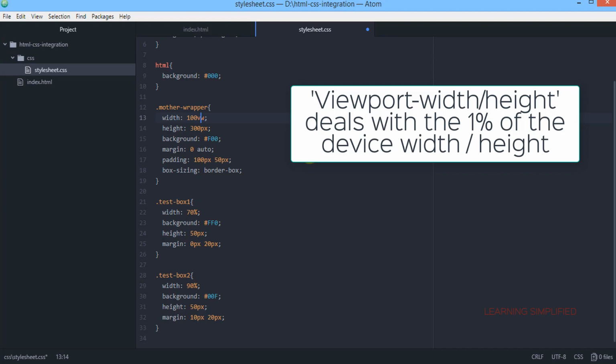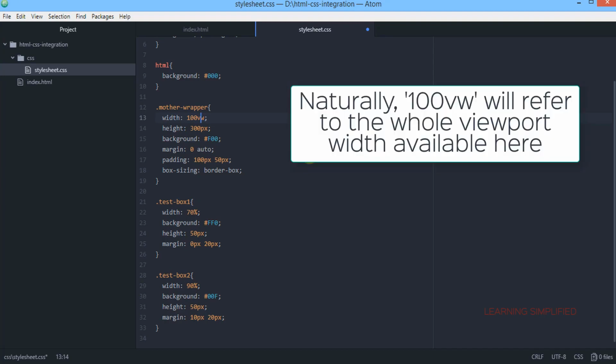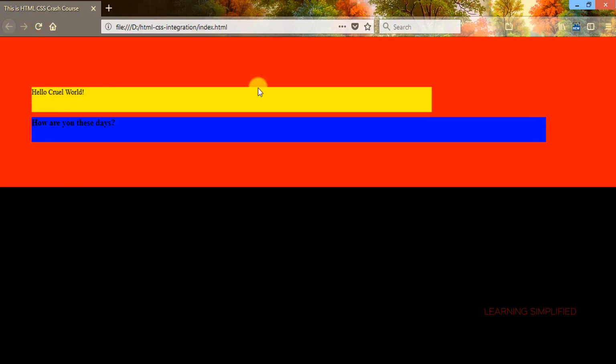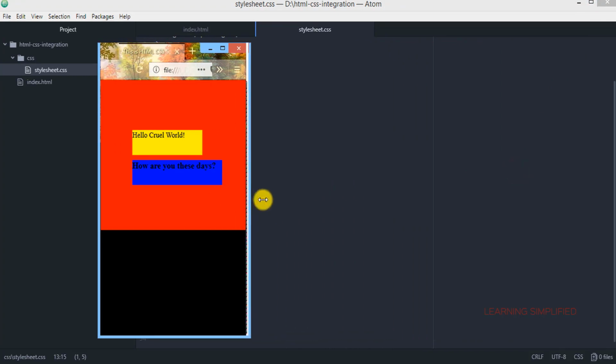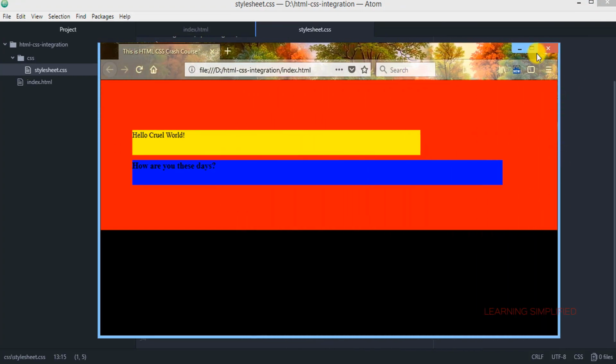So if we talk here about this 100 vw condition, that means it is practically taking up this whole device width. In the similar fashion, if we just press Ctrl S and get back to our project and reload, we can see that it is practically occupying the whole device width, and if we shrink it down, we can see that it is acting accordingly.